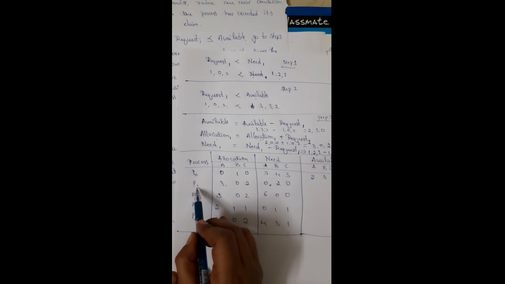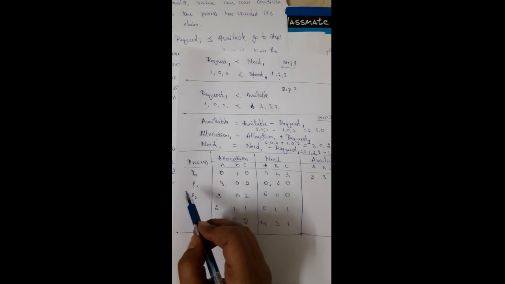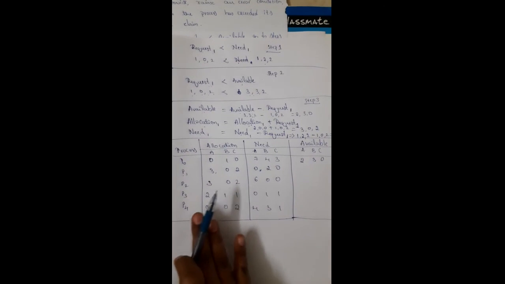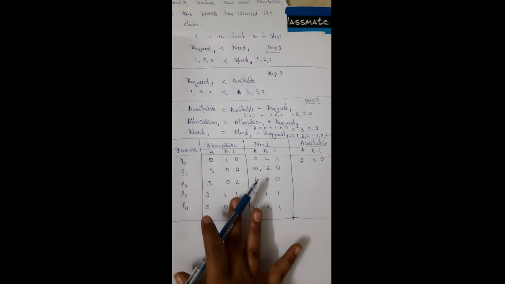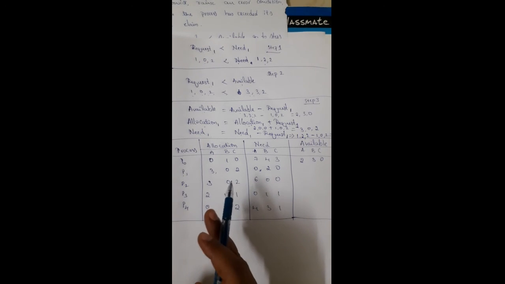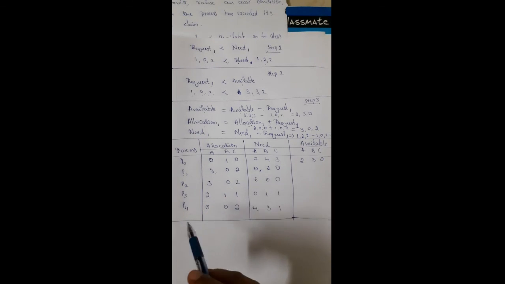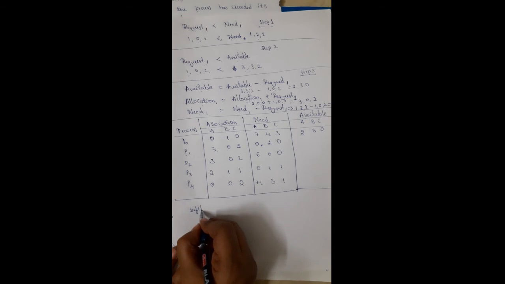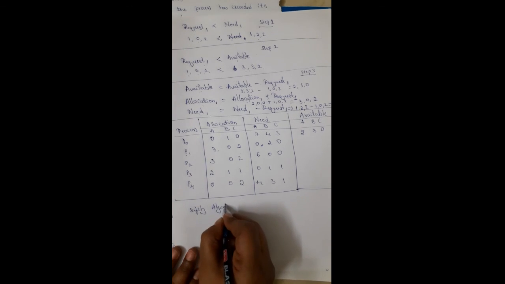Yes. So this is the new matrix with respect to process 1. I have rewritten this table to show that all other allocation and need remain the same. Only the process which has made a request has its values changed according to the algorithm. This is the new table. With this we have to check whether the request can be satisfied or not. So for this table we have to run the safety algorithm again.